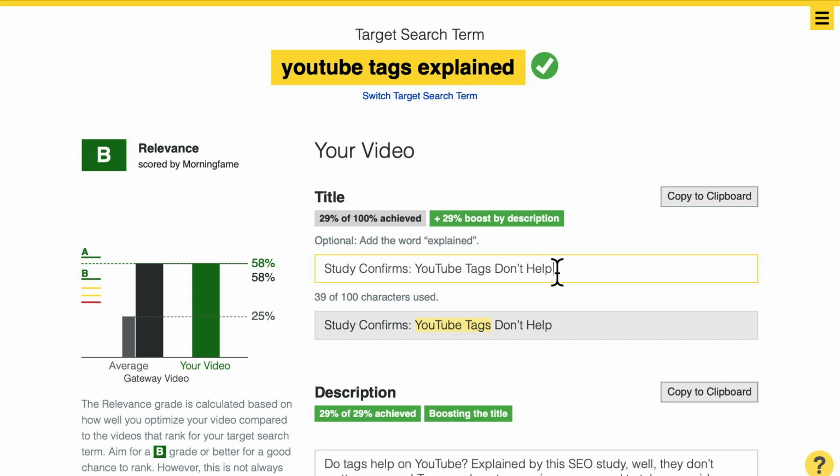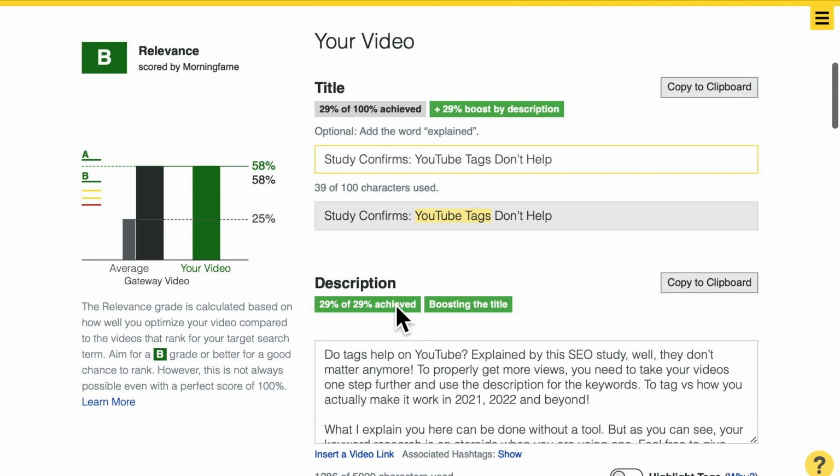So now I have the situation, as you can see here, already the description is boosting the title. And here in the description you see boosting the title, that the description plays its part to add to the relevance overall. So the description provides 29% plus the 29% that the title also provides. We have a total of 58% optimized.